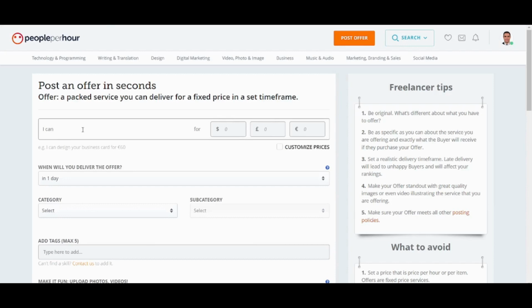So here I can record a voice, or maybe I can record 10 minutes. It's better to identify details, so a 10-minute voiceover recording. And you may also mention high quality. Perfect. You can also determine the currency. So I will go with dollars, and I will choose $10.